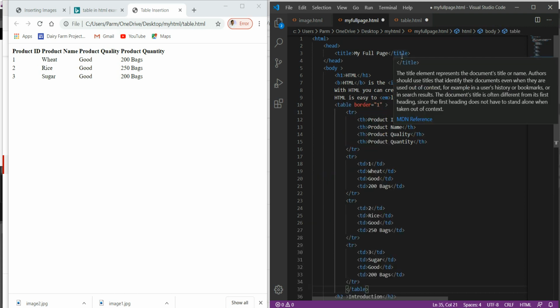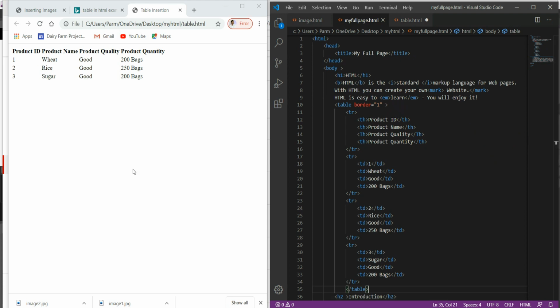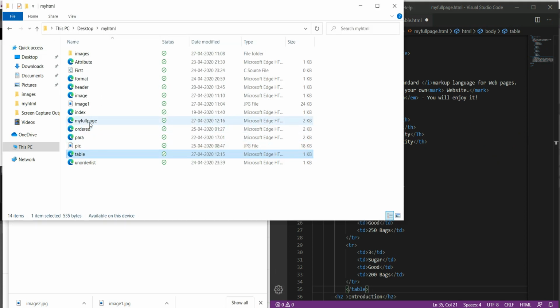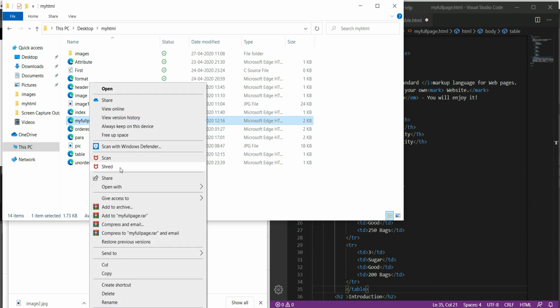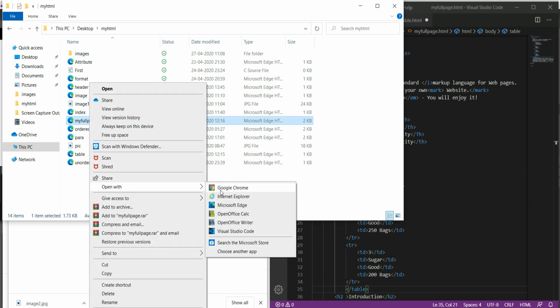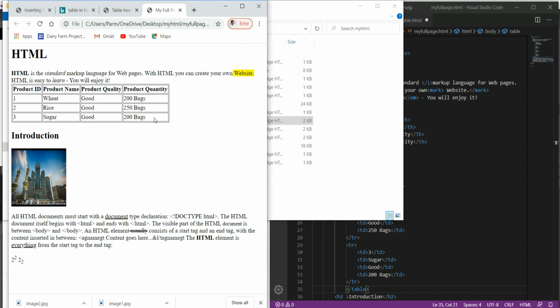Save this. Again we go to File Explorer and open this file with Google Chrome. Look at this. This way a new table is inserted in our web page.